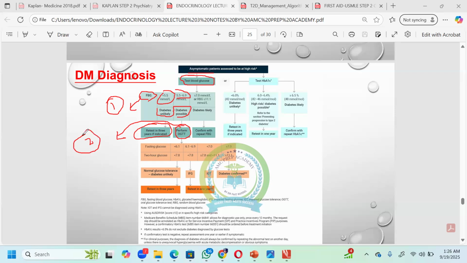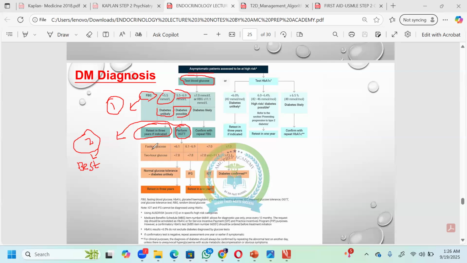So write this down. This is the best test. Sorry, it's difficult to write here with this pen, but this is the best test, and this is initial. Fasting blood glucose is initial and OGTT is best. And for example, if the patient falls in the 5.5 to 6.9 range, diabetes is likely, you will go for OGTT, and